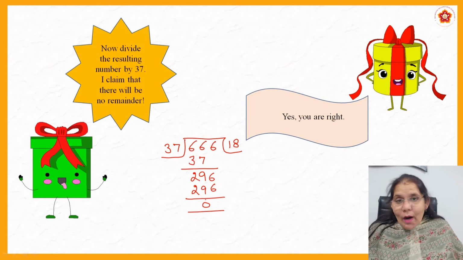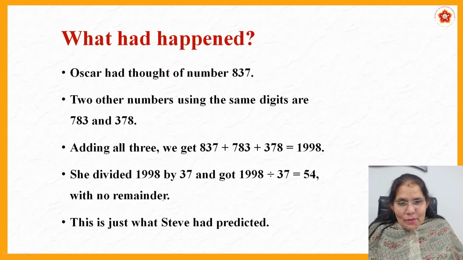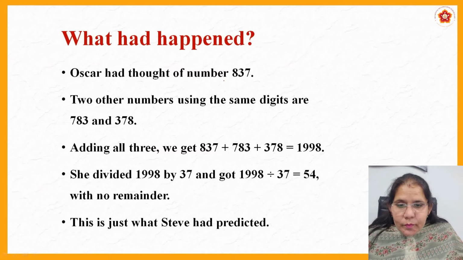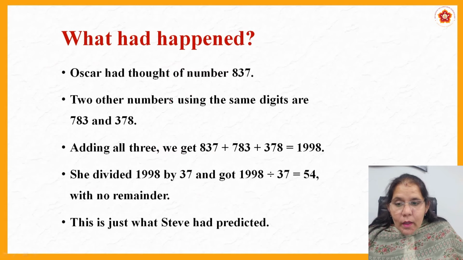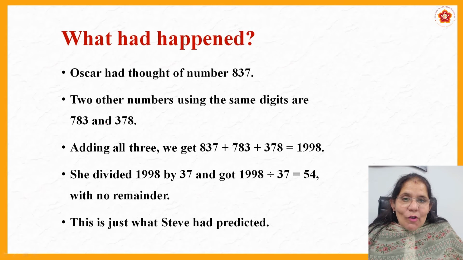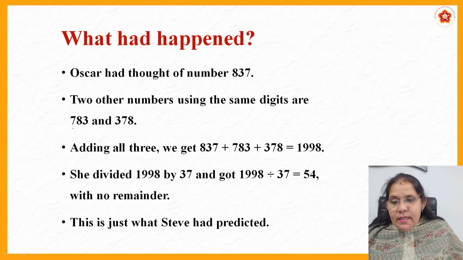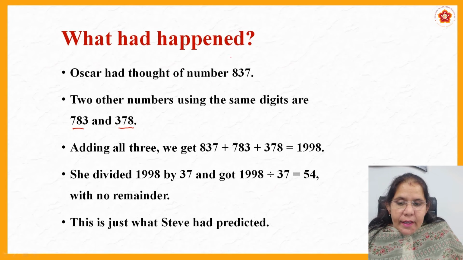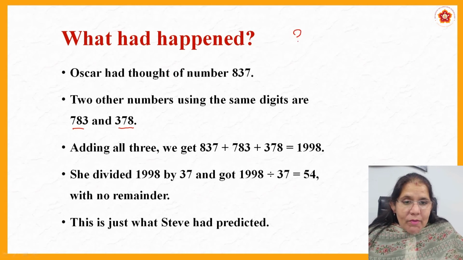Oscar said, yes, you are right. By now, Oscar had the impression that Steve is a very, very intelligent person. So what had happened? Suppose Oscar had thought the number 837. The 2 other numbers that were formed using the same digits are 783 and 378. Dear learners, please be very careful how it has to be done. First number chosen is